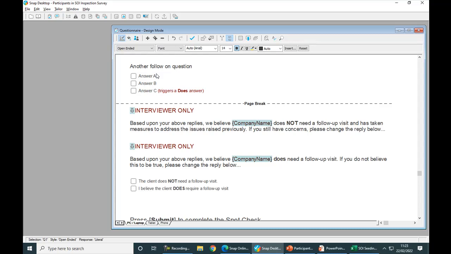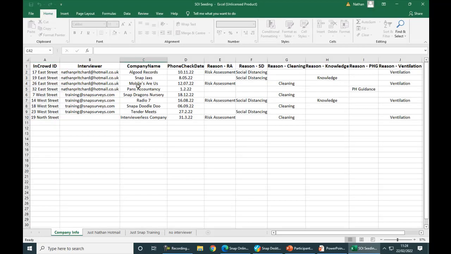Let's have a look at the spreadsheet which will be uploaded. First of all, I've got my client ID number, which is the unique login for each interview. Then I have the interviewer who each participant is being assigned to, and then I've got some information about each of those participants. To make things easier when we start mapping across the spreadsheet, I've named the questions to be the same as the column headers in my survey.